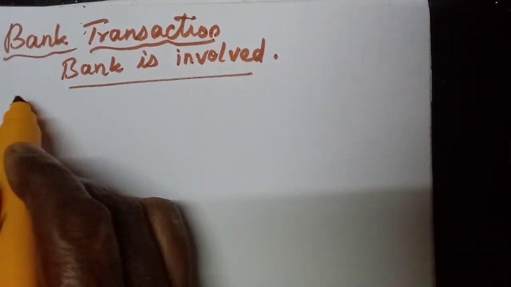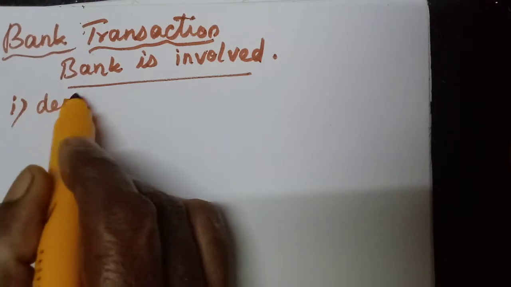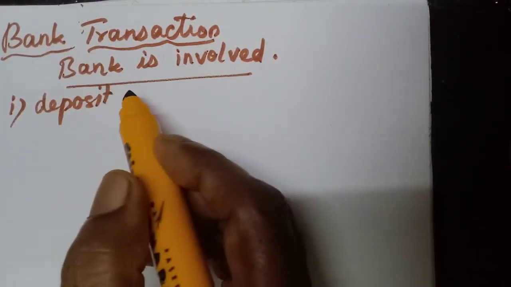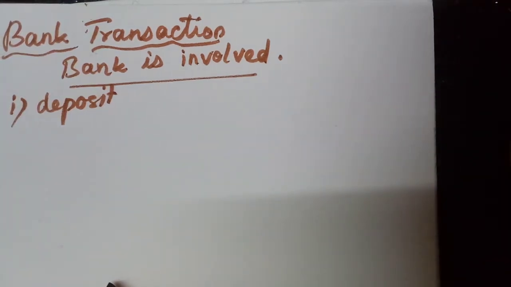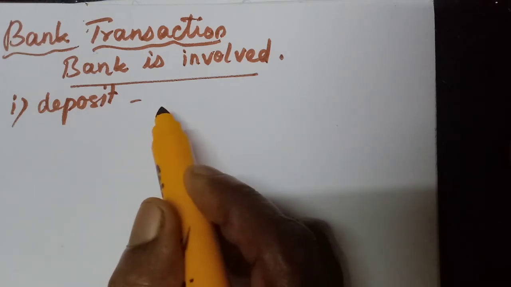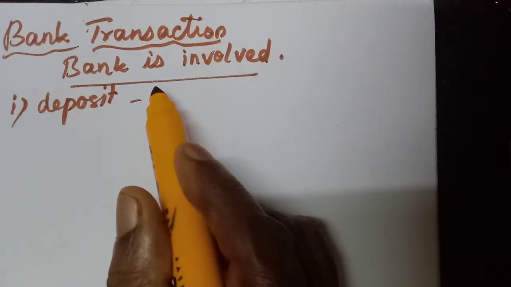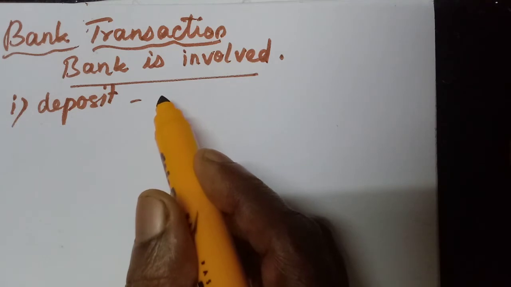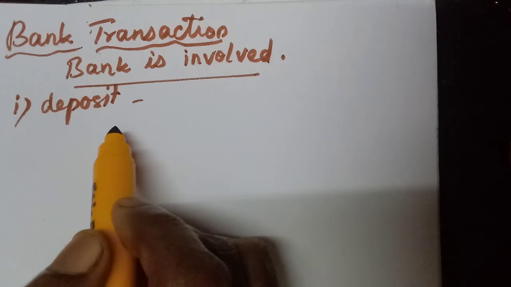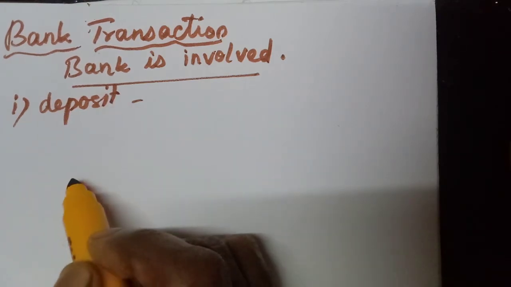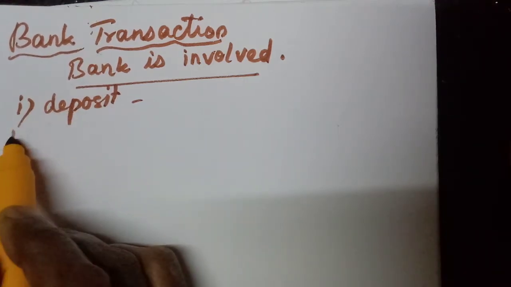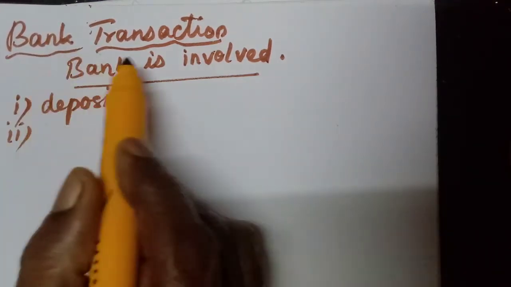If we deposit money in the bank, when we deposit cash into the bank, what we do, we pay cash and the bank is receiving. Understand that? When you prepare the journal entry, I will explain. Now what is bank transaction, you should understand under what circumstances this bank is related. When we deposit cash into the bank, it is called bank transaction.